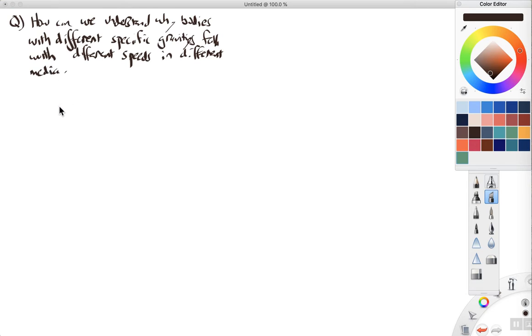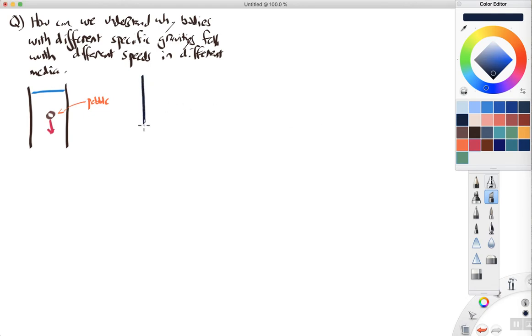Let me give you a concrete example to think about that will illustrate the problem we're trying to solve. So let's suppose that we have a cylinder, and the cylinder is filled with water. And we are to drop a pebble in this water. So here's a pebble, a little piece of stone. And as it falls, it's falling with some speed. Okay? And we also drop